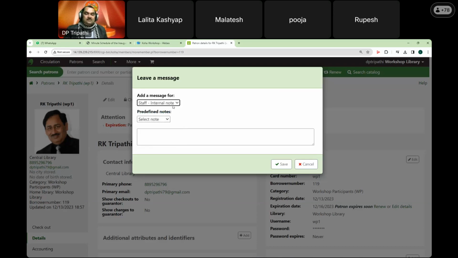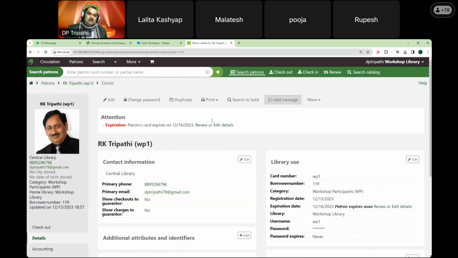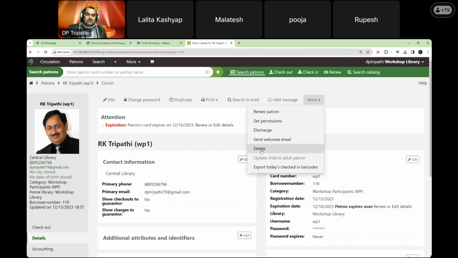So if you want to leave any message, sometimes it is required for the student. Like we issue the duplicate card from library, or the student has lost any book. So we give the message here so that when the staff opens the circulation, this one member record in this circulation, they understand and they see that this notice or this message has been added for this user, and accordingly they take the decision. You can also delete this, but see there is a compulsory that if any transaction has taken place, it will not allow you to delete. Okay, so always remember,